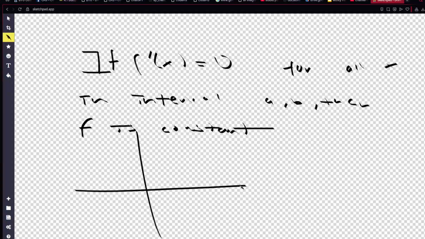I mean, if f prime of x is equal to 0 for all points, that just means it's not moving at any point during the interval. If you put it into plain English, if f prime of x is equal to 0 for all x in an interval, that's just saying if something is not moving for all of the points within an interval, then it's not moving. It's constant, which is logical. So I guess you don't even need